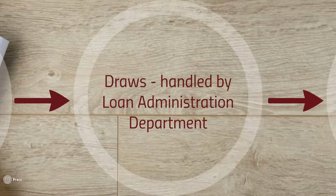Now, through the course of construction, we handle the disbursement of funds through draws. A draw is a form that we require that lists the name of who it's going to be paid to, the amount, and what category it's going to be pulled from in your cost breakdown. I mentioned a cost breakdown before. The cost breakdown goes through and addresses costs in every single category of that home from the very start, which would be,